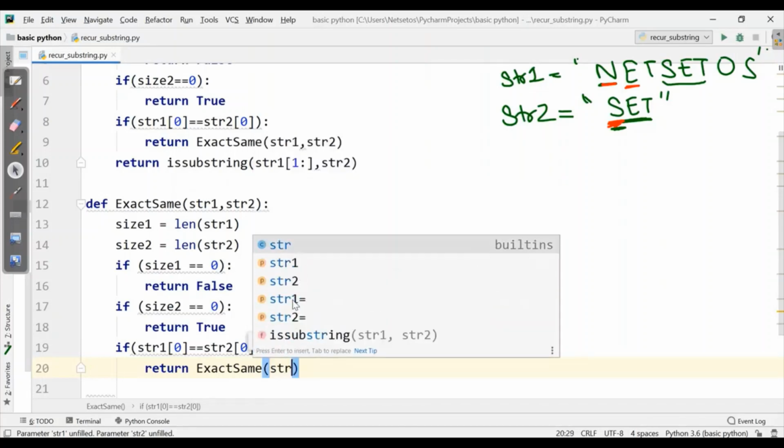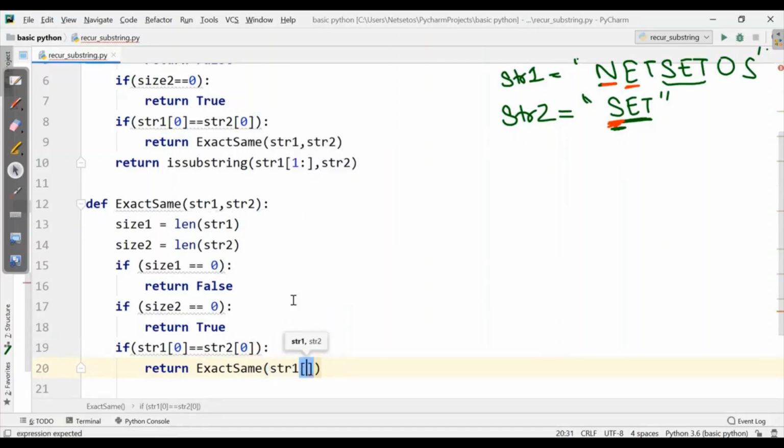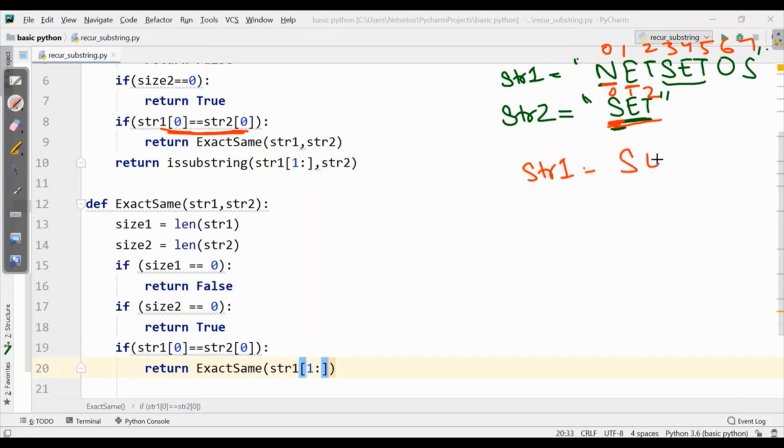Here str1 will be checking from the first character, that means the second one, because Python always starts from 0, 1, 2, 3, 4, 5, 6, 7, and here we will have 0, 1, 2. As the first character is matching the first character, let's say in str1 we have NetSet OS and in str2 we have set.